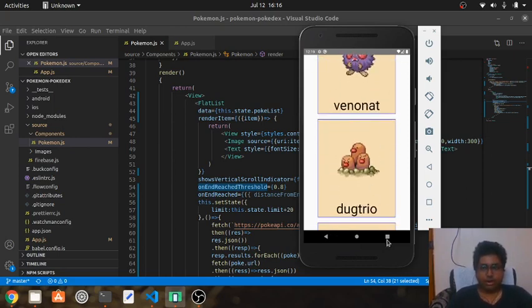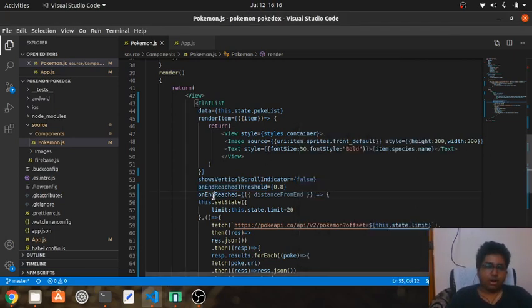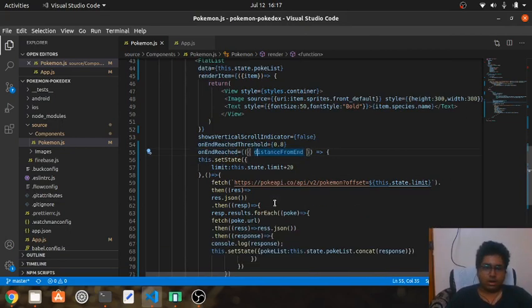Suppose this complete screen is 1. Okay, so I want to call this onEndReached function when 0.8, or 80%, of the flat list is covered. Whenever I have viewed 80% of the flat list, it calls this onEndReached function of the flat list, and again gets the new Pokemons and adds them to the PokeList.